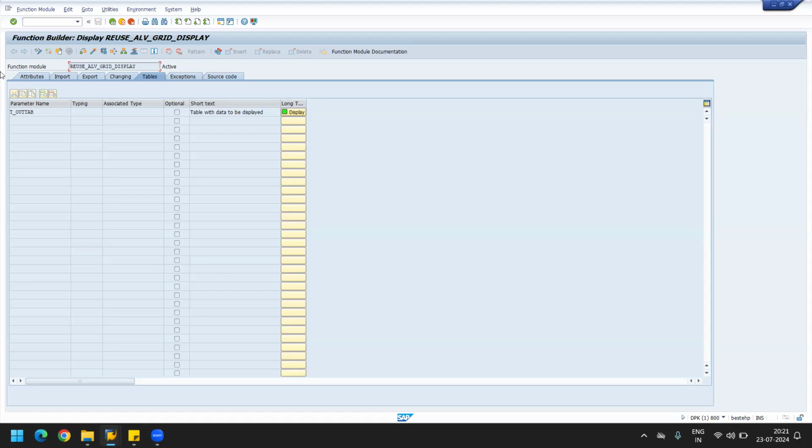For BAPIs, just keep one thing in mind: we created a program where a PO is created. That means BAPIs are used for creating some business objects. Okay? With the BAPI we created a PO. The FM we called was to show the reuse ALV output. Okay? From the ALV output, no data is being saved in a standard table, right? So we are selecting data from the standard table, looping and putting it into the final table, then passing it to the reuse ALV function module to show the output in ALV. That's the function module. But with the BAPI, what is happening is we are creating a PO through the BAPI,